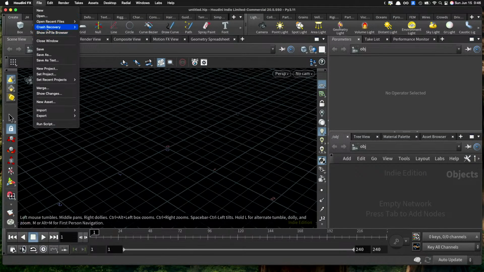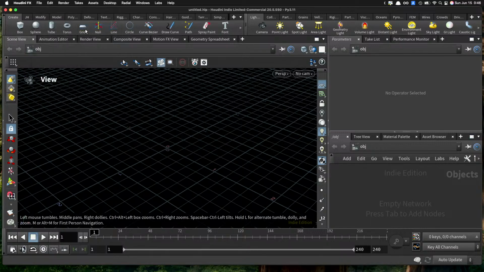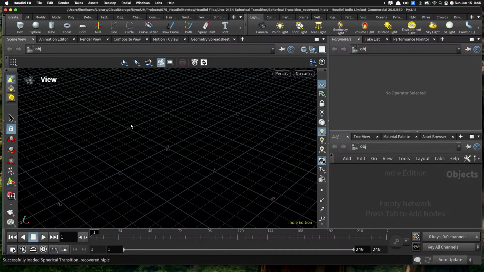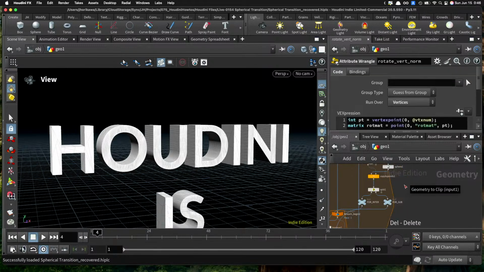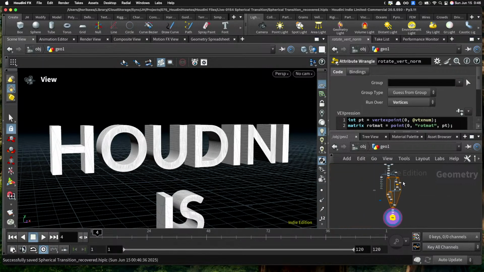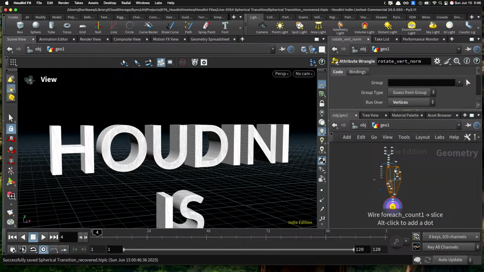Okay, hopefully we have the crash file available. Okay, so where are we? Okay, seems like it's on the right directions. Okay, now